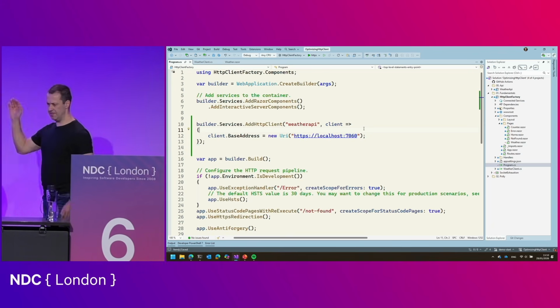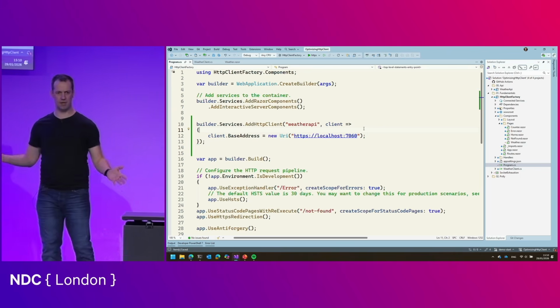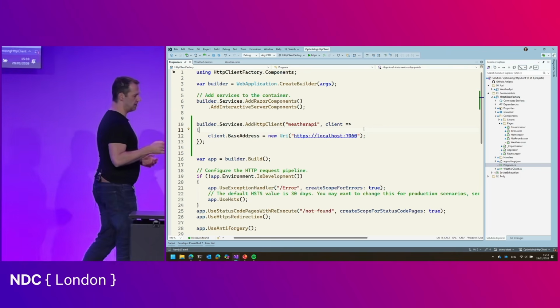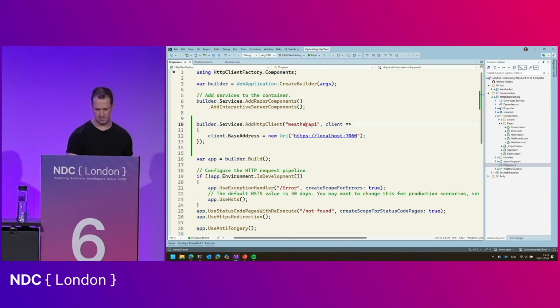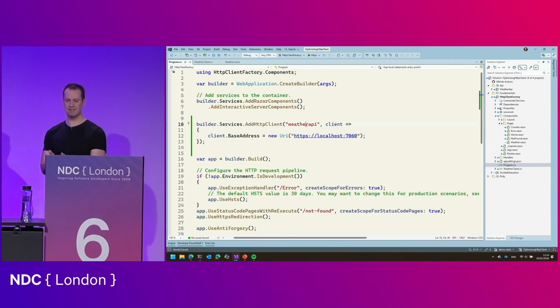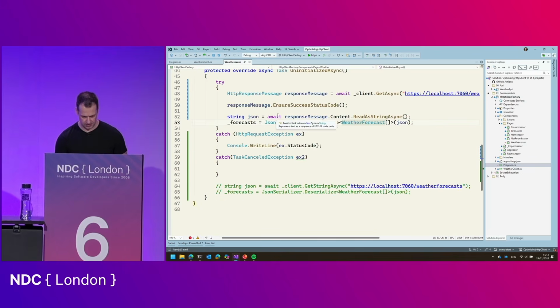And in this, base address is just the most simple example, right? Because you have a base address for all your APIs. And with that, I have configured a specific HTTP client. I've given it a name, WeatherAPI, which is a key to this specific instance. And I've given it a configuration. Now, if I jump back into my weather page,